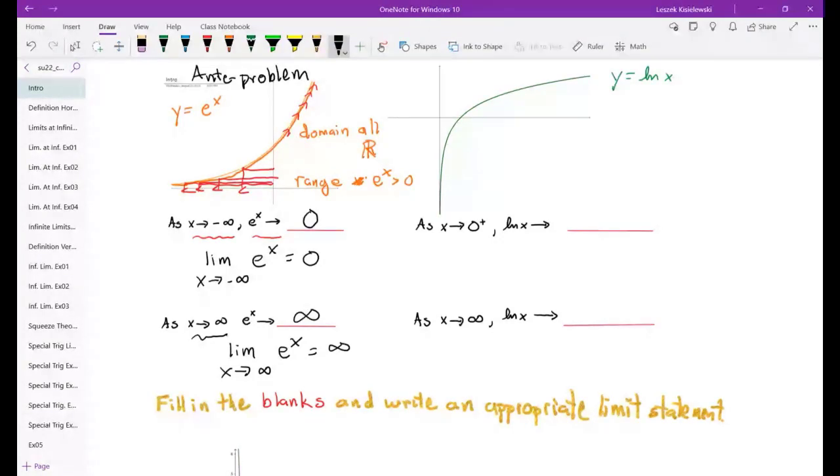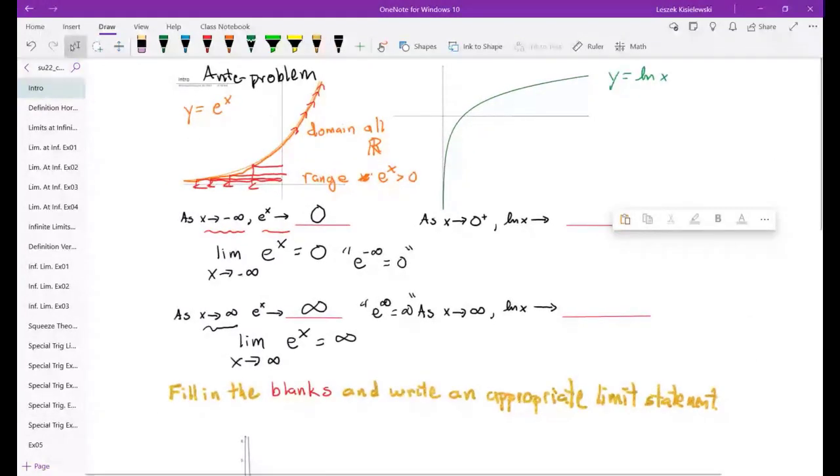Okay, so those are important things to know about the exponential function in terms of limits, right? How it behaves when the argument is negative infinity, that will be 0, and I'll put that in quotes because there's a limit statement behind that. And e at infinity would be infinity as a limit. Thank you. All right, so the other important function, of course, very much related to the exponential is the log